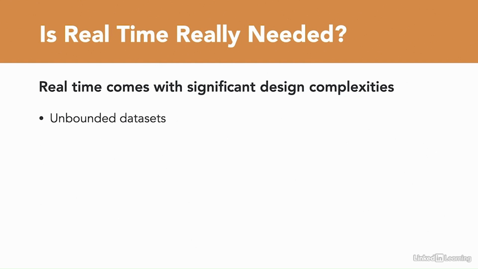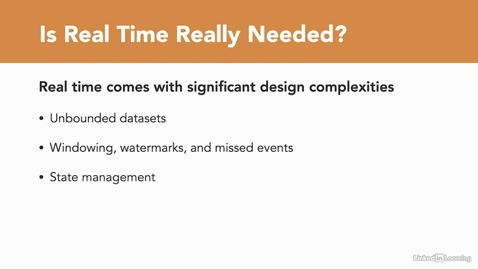When doing time-based aggregations, we need to deal with windowing and watermarks. Irrespective of how delayed the watermarks are, we do end up with missed events and incorrect aggregations. Real-time state management is another challenge to ensure that state is properly maintained across the Spark cluster. Reprocessing of events is complex when issues happen. It is not a simple rerun of the job, but a number of items need to be reset, like checkpoints